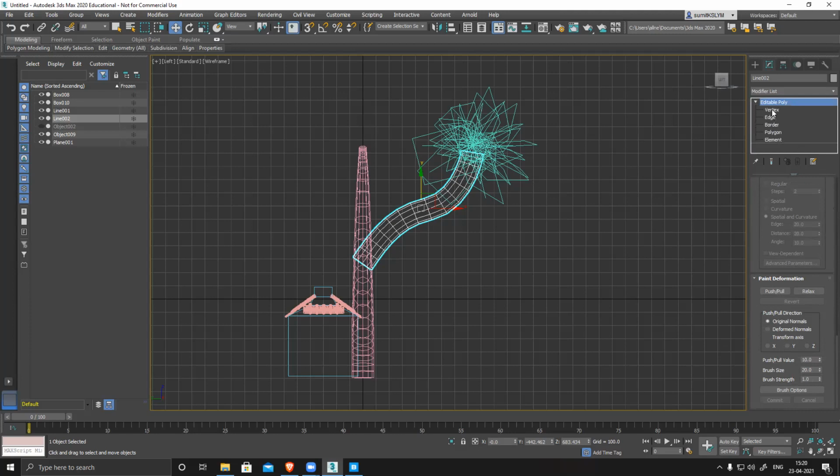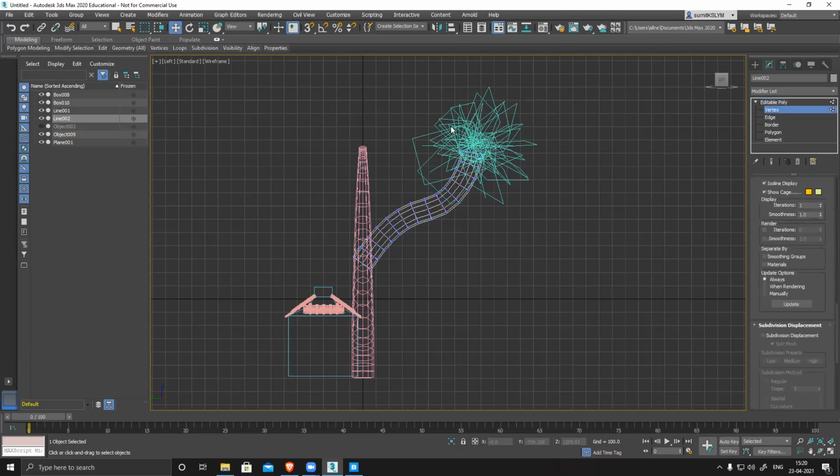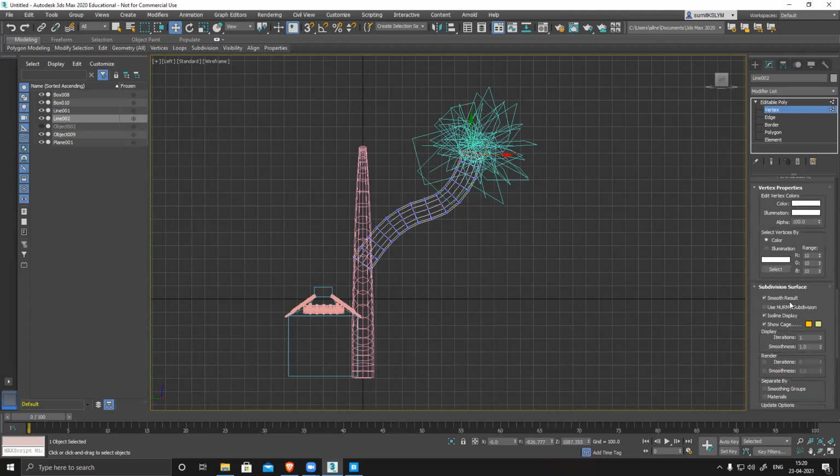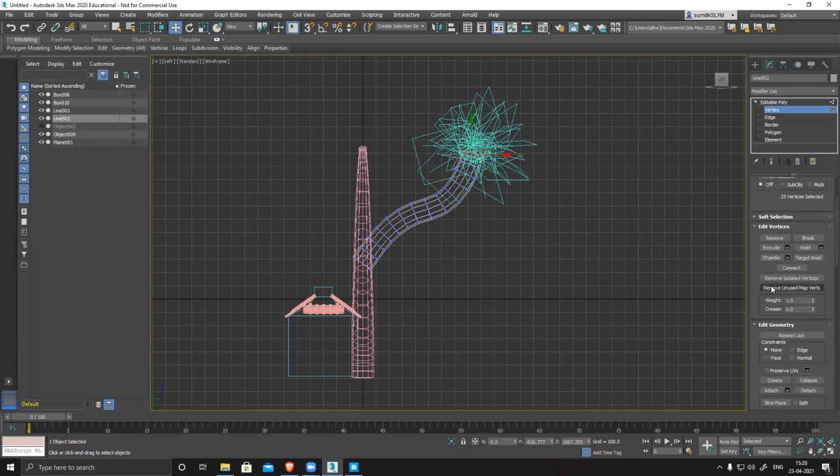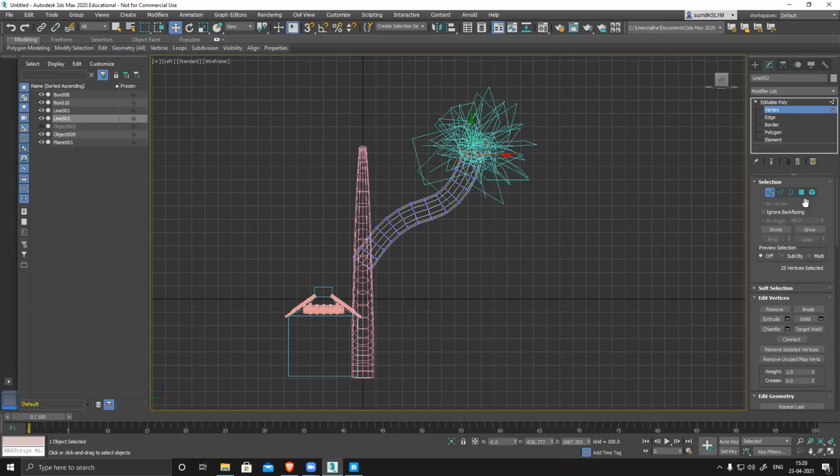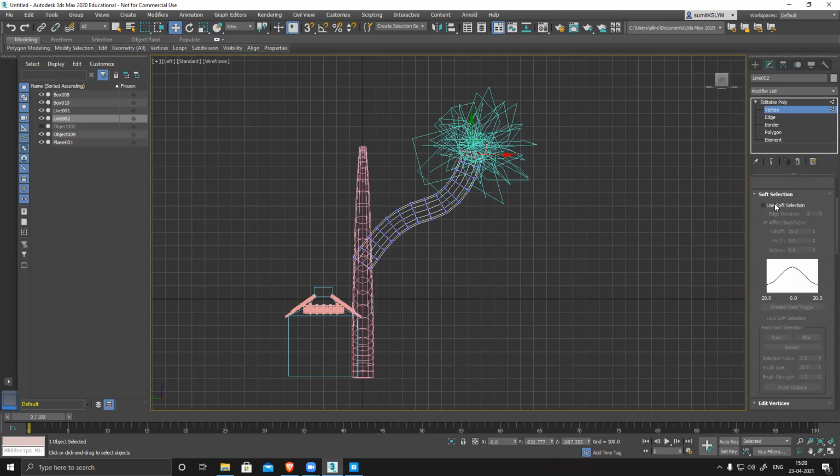I can select my polygon or these vertices, and go to soft selection and switch it on, increase the falloff, reduce it. And if overall you want to reduce it, you can definitely do it, like a thin branch.